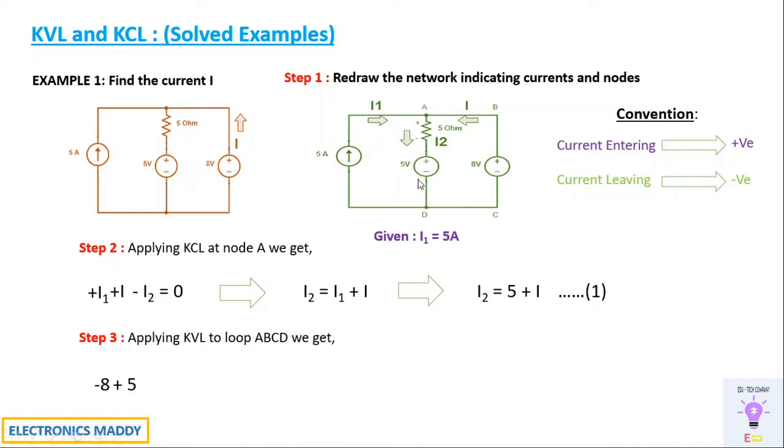Next, the current is entering at this point and leaving. When it is leaving at the plus terminal, we'll take it as plus 5. Next, when it is going through this particular element, we'll take it as minus and plus. When the current is leaving with respect to the resistor, it is plus, so we'll take it as plus 5 I2.